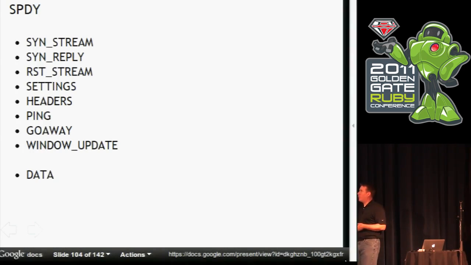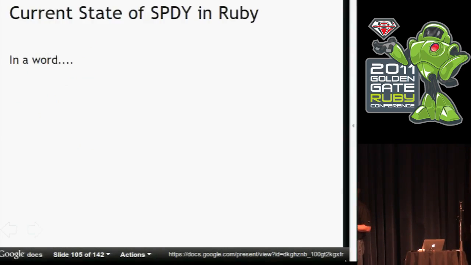Data is actually separate from those. We'll see how that works in a second. So the current state of Speedy and Ruby. I know we've been here for how long, and we haven't even gotten to Ruby yet. But the current state of Speedy and Ruby is, in a word,